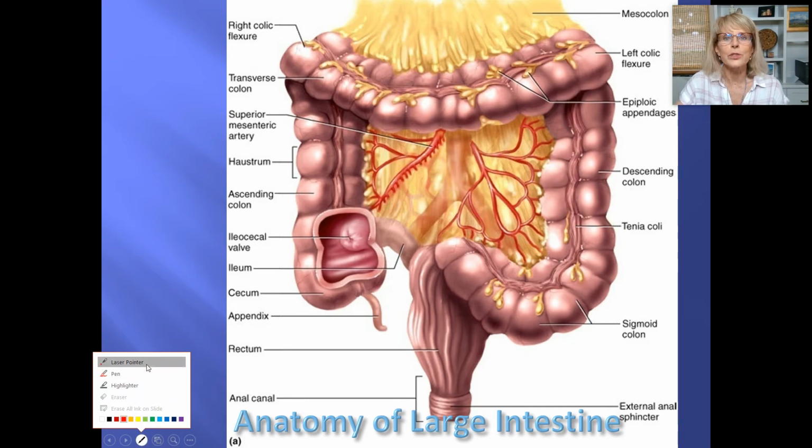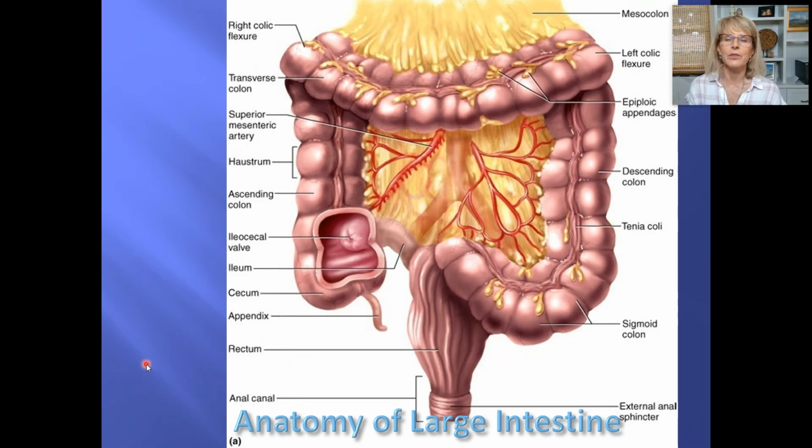Golly, we've gotten through so much of the digestive tract, haven't we? Oh, we've talked about the different job that the mouth plays, the esophagus, what does it do? The stomach, the small intestine. The small intestine, almost everything that your body is going to be able to absorb in terms of nutrients from